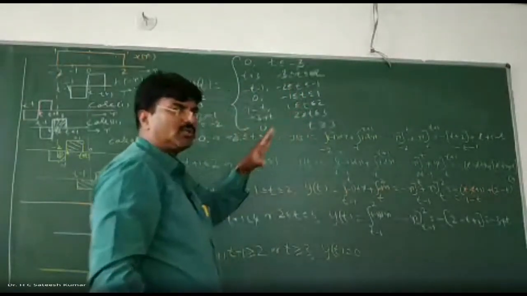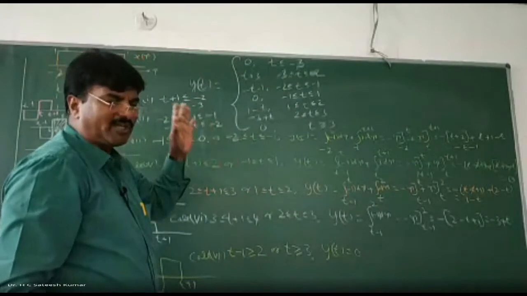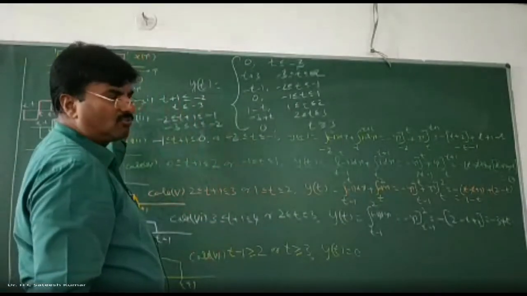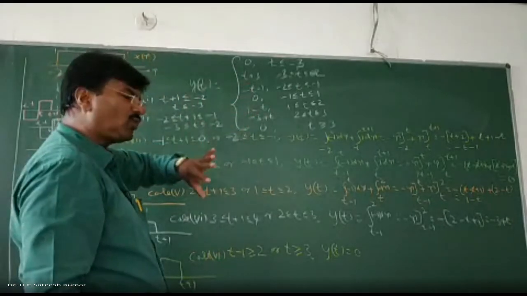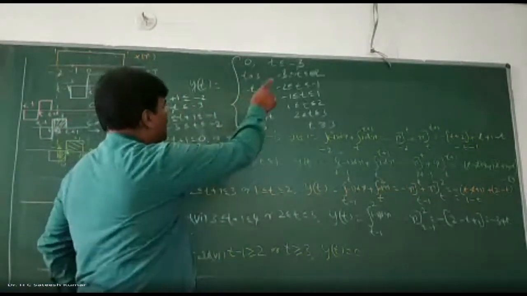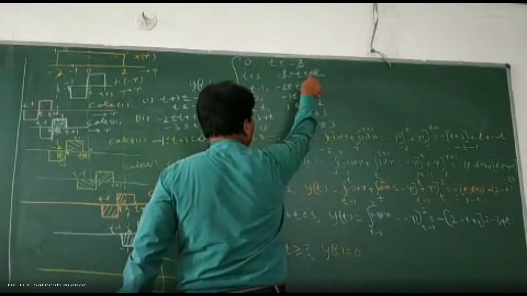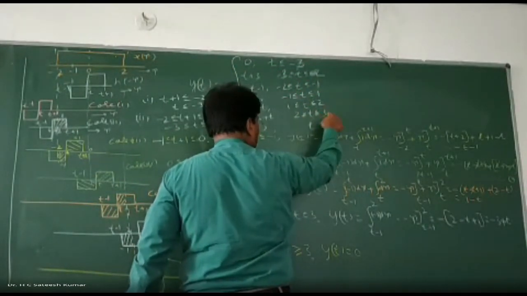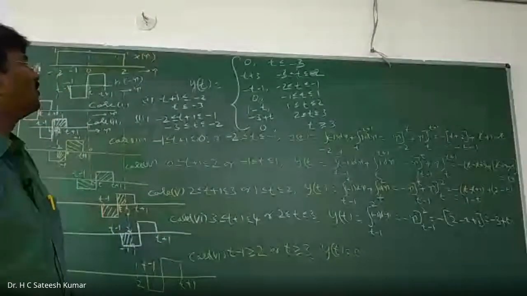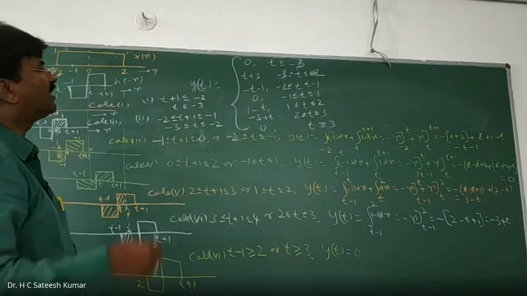So what you should do is, in the examination itself, verify the cases. Check whether you have covered minus infinity to plus infinity without overlap, without gap. So now we check it. Minus infinity to minus 3, minus 3 to minus 2, minus 2 to minus 1, minus 1 to 1, 1 to 2, 2 to 3, 3 to infinity. So no overlapping, no gap. Now verify the answer.